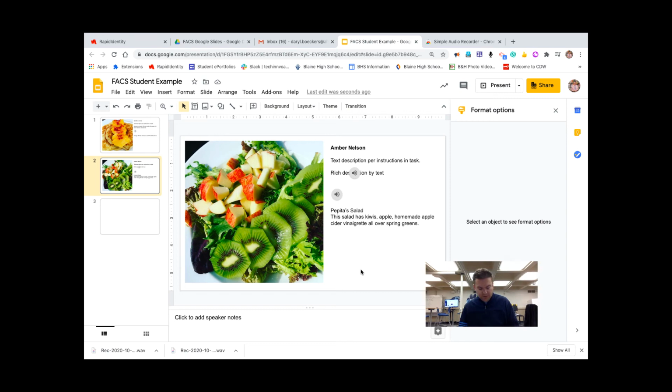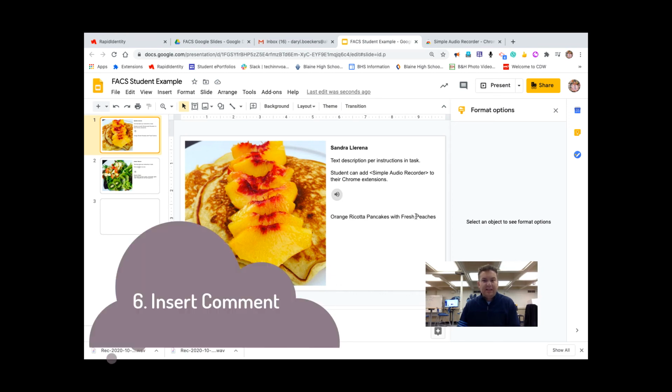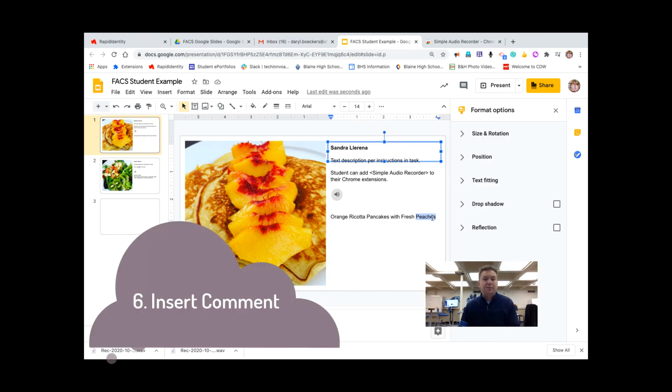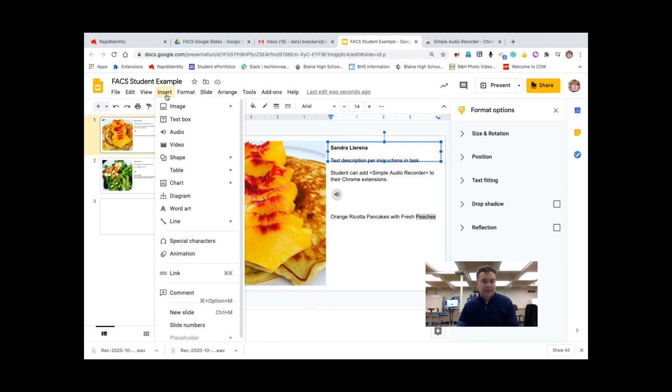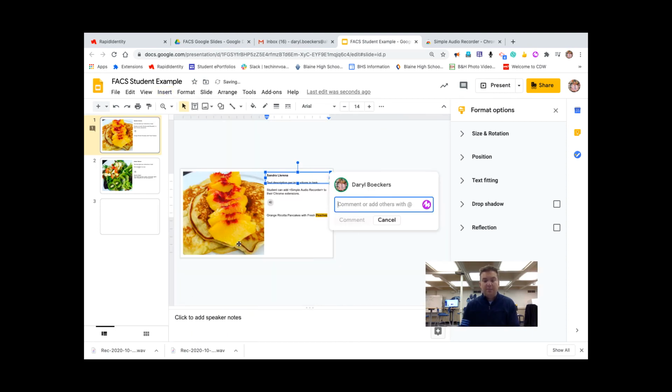The last piece I want to show you is the comments feature. So if I'm Amber and I want to comment on Sandra's orange ricotta pancakes, I can highlight the word peaches because that's what I want to comment on. And I'm going to go to Insert, and I'm going to want to go down to Comment, and this is where I want to comment. And I want to add